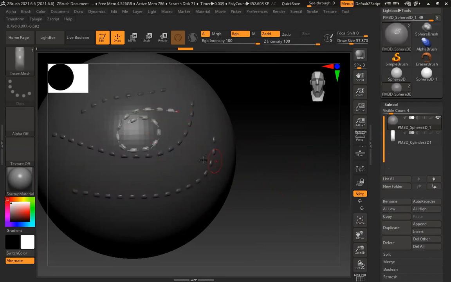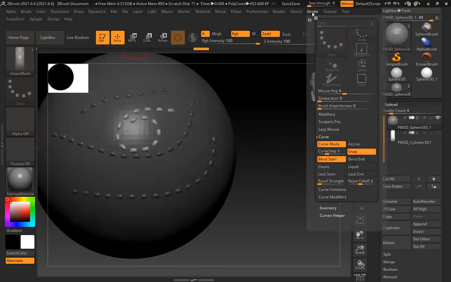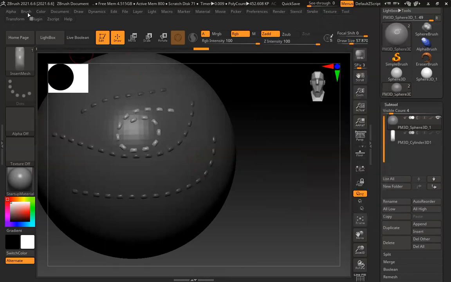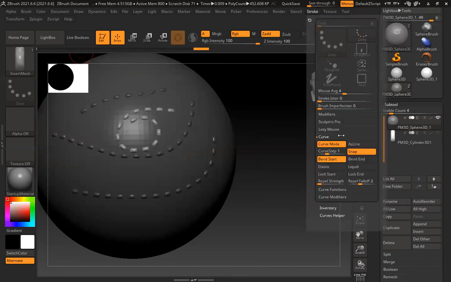Sir, I did not understand this. Nothing, just convert this into a brush and switch on your stroke. That's it. Curve mode, switch on this curve mode. That's it. No need to change anything. Okay, sir. Convert this into a brush and then stroke, switch on your curve mode.